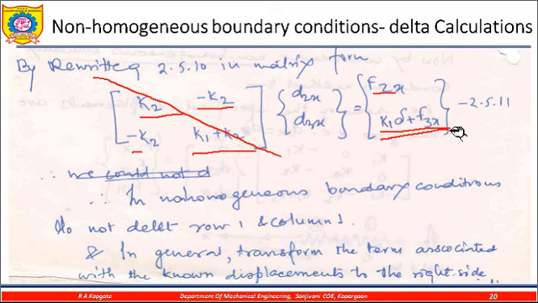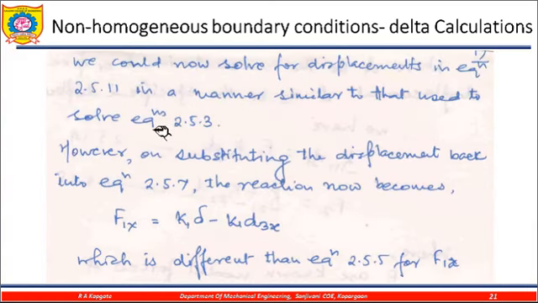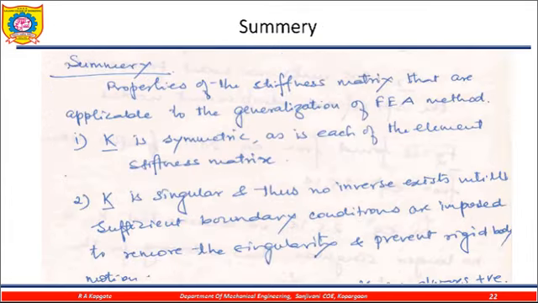Such problems we also need to solve in heat transfer problems. So focus on this method of how to manipulate the non-homogeneous boundary condition in the right way, because this is useful in heat transfer problems also, not in the second unit or the third unit, but it is very important in the heat transfer chapter, that is the fifth unit. In this way we are able to manipulate our parameter. This is sometimes also called the penalty method.